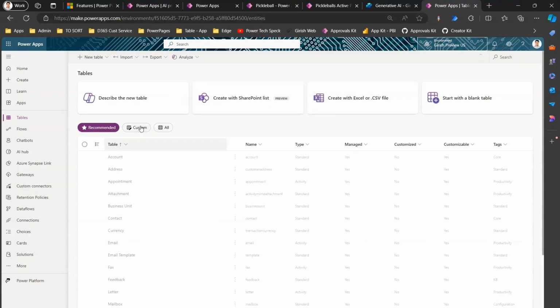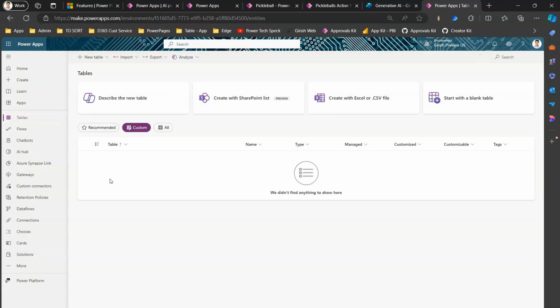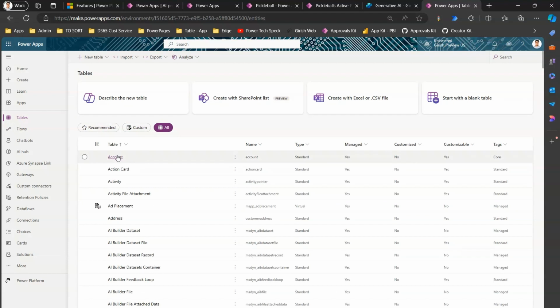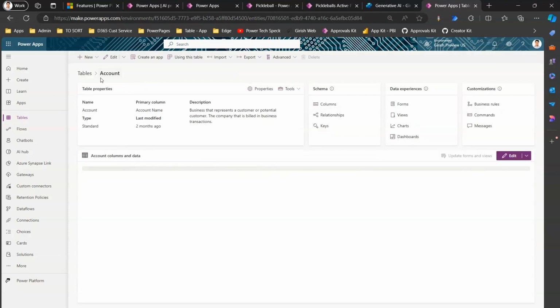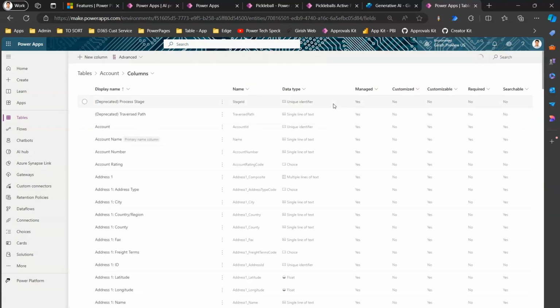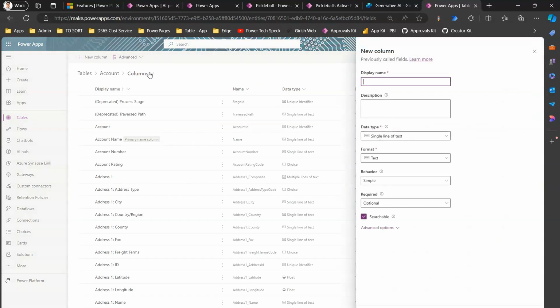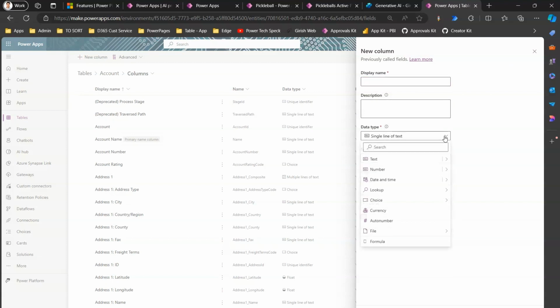and I can pick up any custom table. Like let me see if I have any custom table over here. I don't have one. Let me go to all and let me click on account. Okay, so let's edit the account table. Now here in the account table under columns, I can create a new column, and then from here I can put the display name, description, data type. Now from the data type you can see there is a formula column. Now if I click on formula,